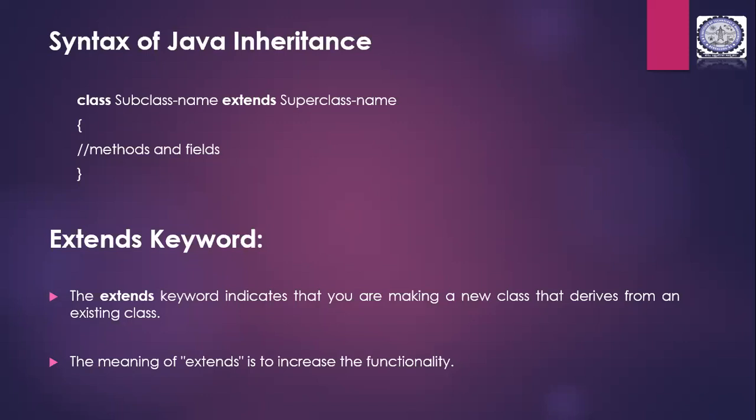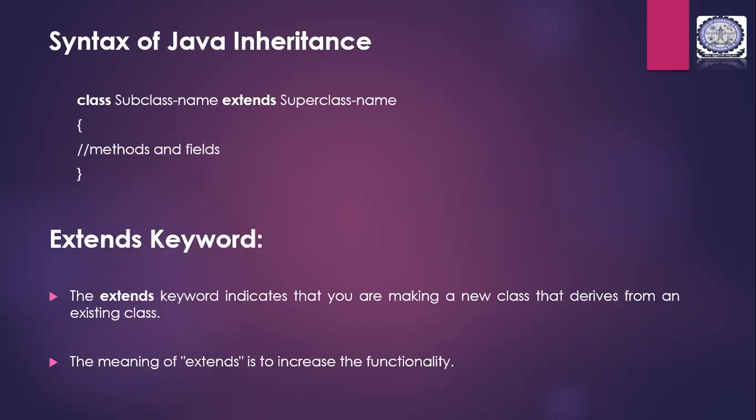Some functions may end in two or three line statements, and some may have n number of statements. You need not mention it again in the child class when you're using the same function. If you need the same functionality for this particular class, you need not define it again. You can just make this class the child class of that class. Apart from using those functions and variables, it can have its own functionality.